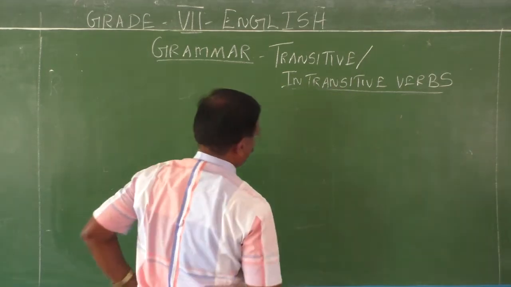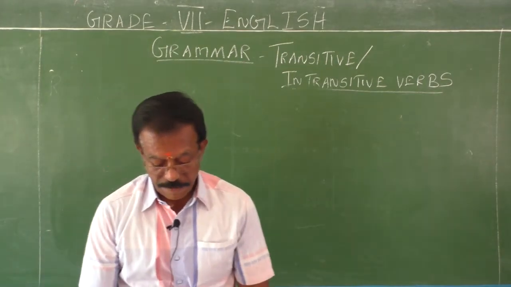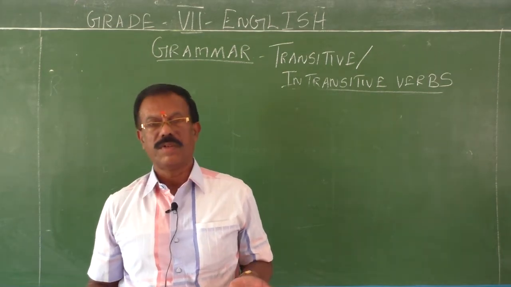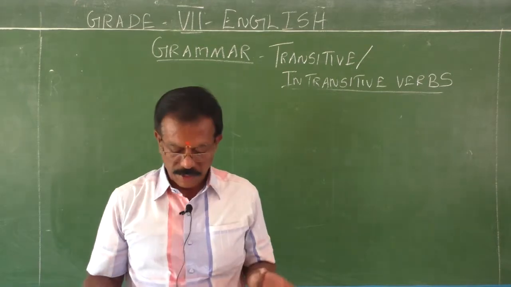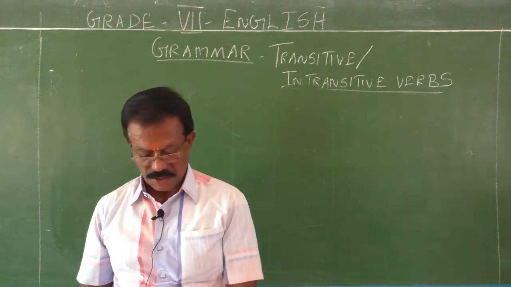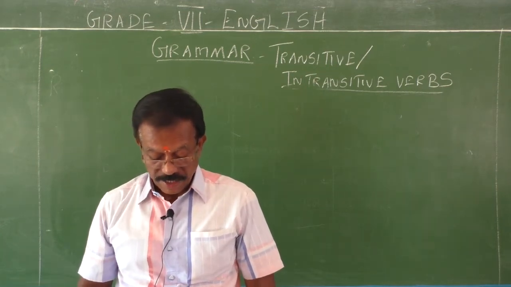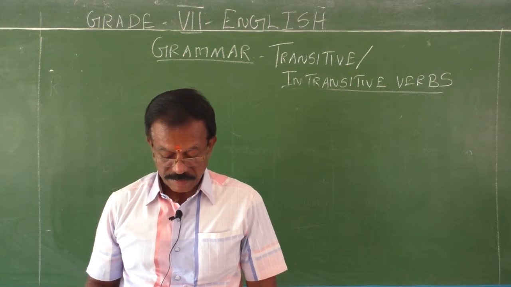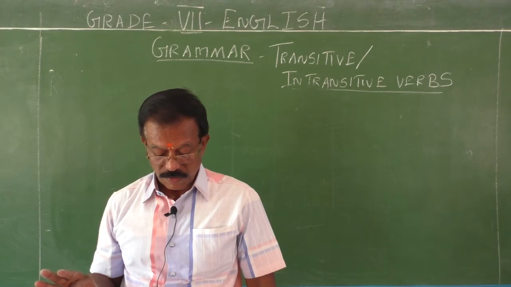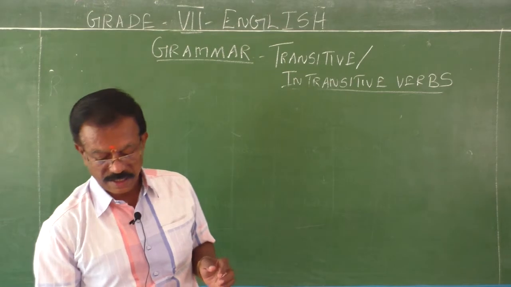So now I will give you some sentences from your grammar book, textbooks. You should identify. See, a direct object is a noun or pronoun. A direct object may be a noun or a direct object may be a pronoun. But it is identified by asking the question who or what in relation to the verb. But a direct object is the receiver of the actions. That's important. Indirect object is a noun or pronoun for whom or to whom the action is done. Okay, don't forget the definition, children.